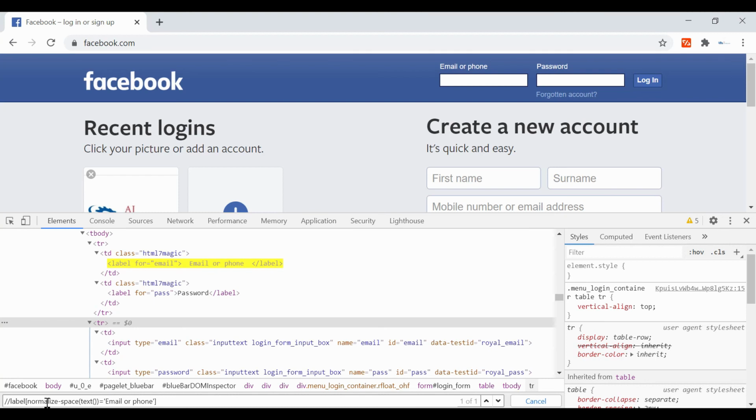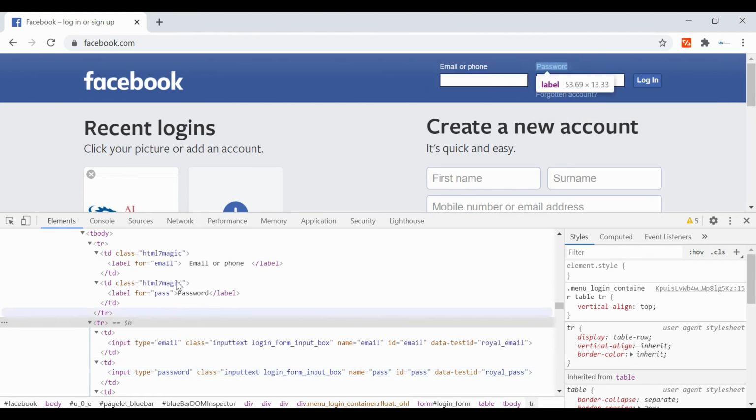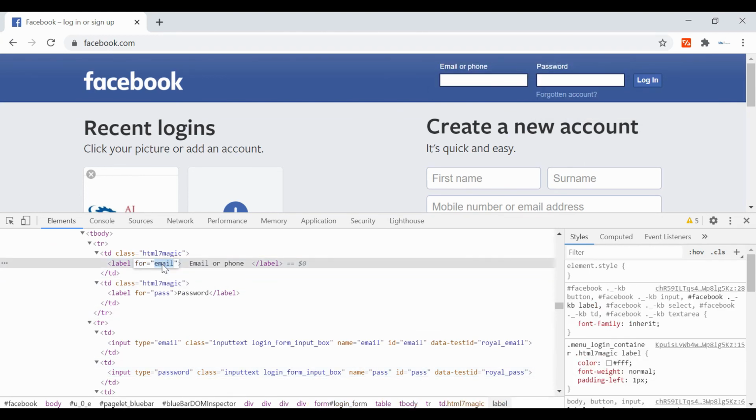Inside the normalize-space function, put whatever attribute you want to use. For the text method we don't use the @, and the value of the attribute is without spaces. Similarly, let me give some starting and trailing spaces here.